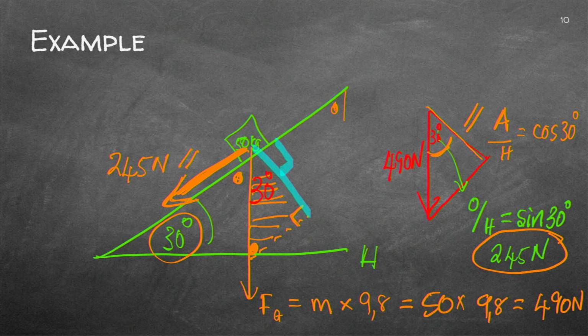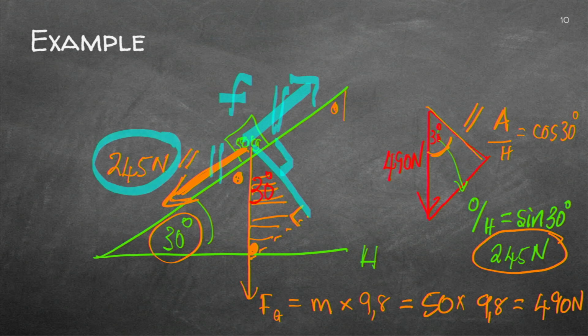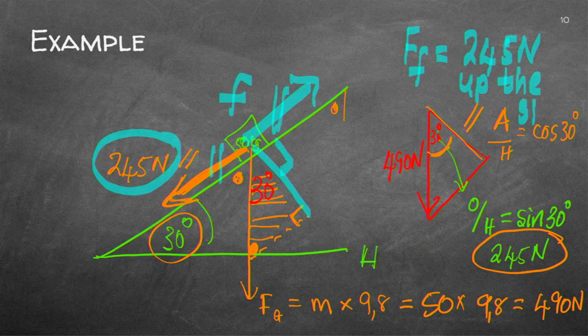And if this is lying still, then obviously the force upward would be exactly the same as the force downward. And what will keep it there? Well, the friction. So my answer will be, my frictional force will be exactly the same as that. So the frictional force, which I abbreviate like that, is 245 newtons, and the direction will be up the slope, or you can just indicate it with an arrow on your diagram.